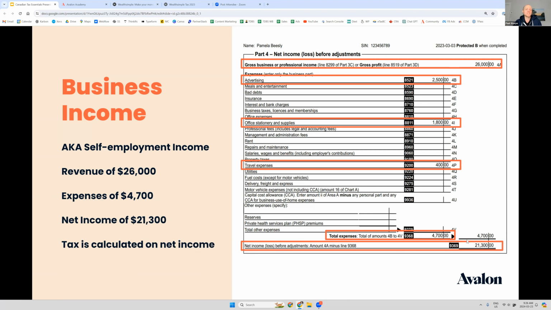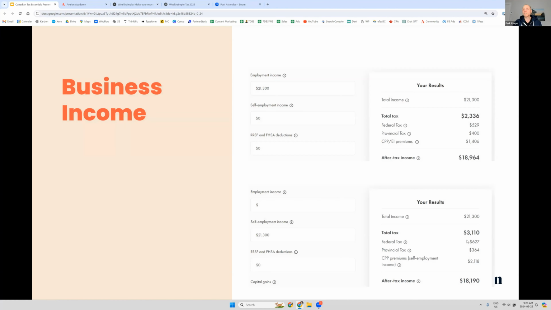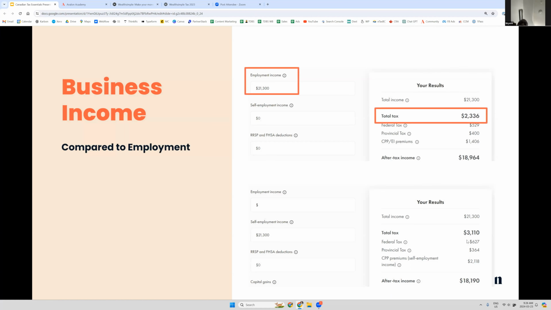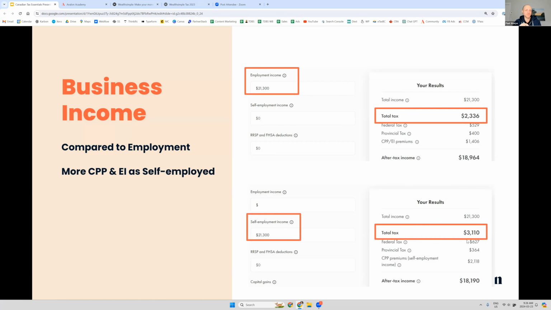So the nice thing about business or self-employment income is that you get to deduct a few more things than if you're just employed. So it's a great type of income to have. And if you're interested in starting a business, there are a lot of great perks to running a business and having business income. But one quick note on the flip side though, is that we talked a bit about CPP and EI, and we'll give an example here of employment income versus self-employment income. So total tax on $21,300 in employment income is $2,336. Total tax on self-employment income of the same amount is